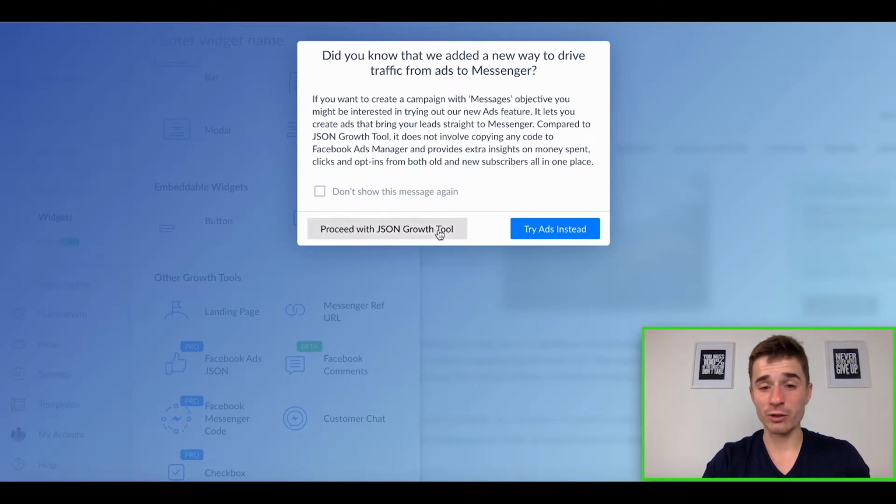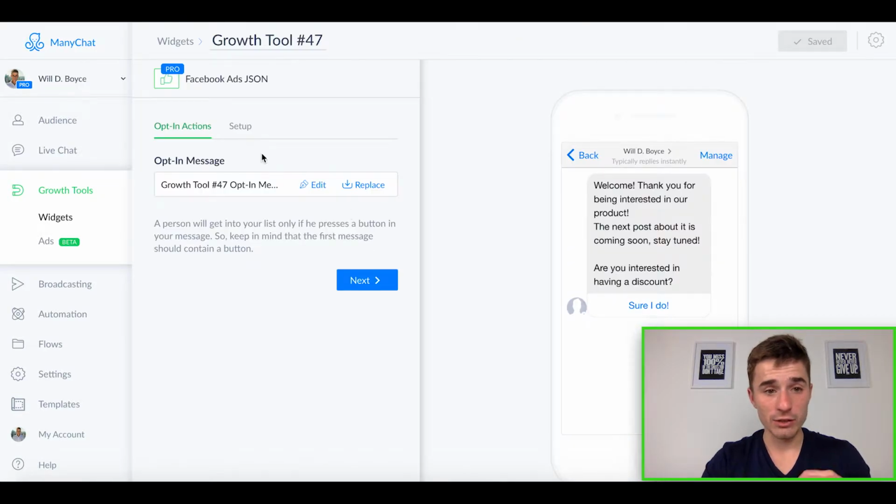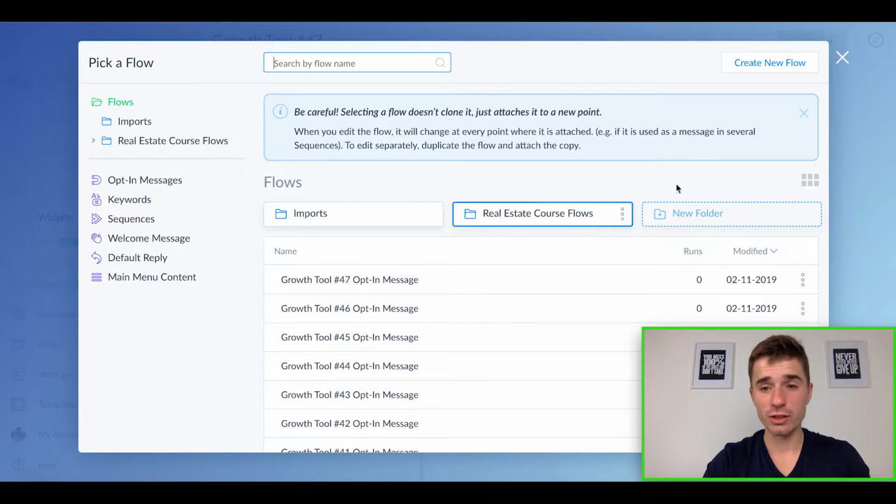I don't want to try ads instead. I don't like ads because it doesn't let me pick a flow. So here I go, same thing. You can replace. You can pick any flow you want. And then once you pick any flow you want,